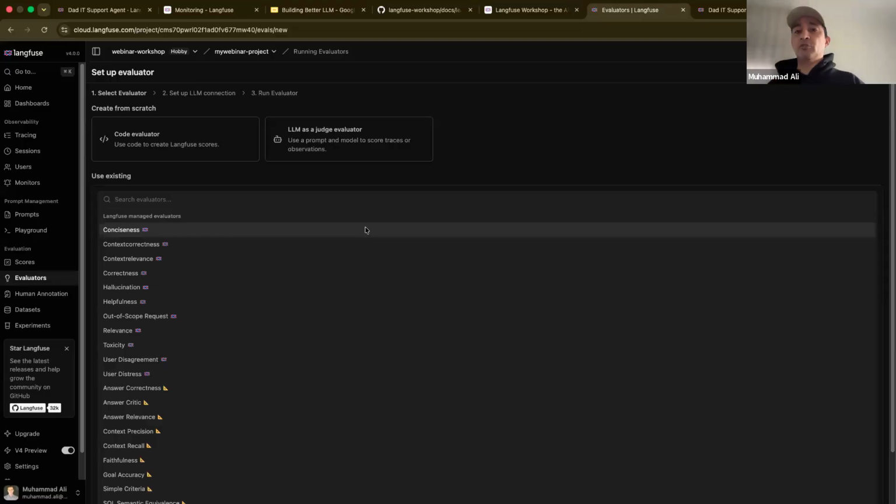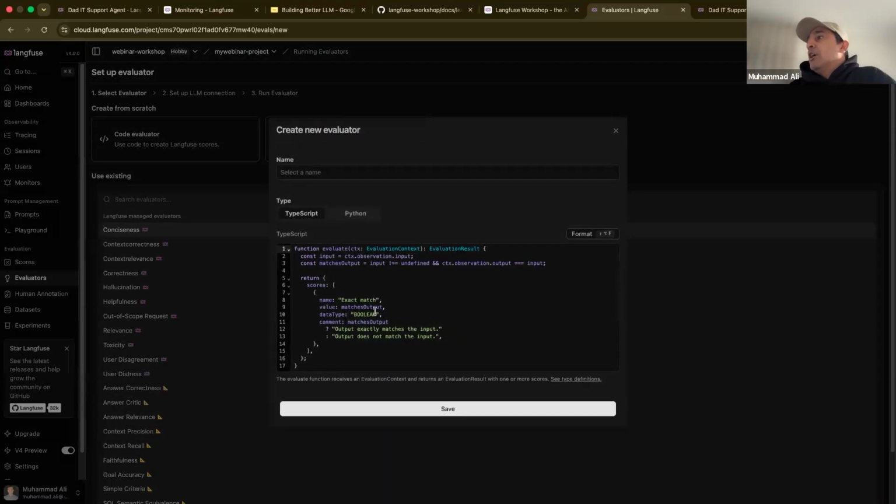So in online eval, you can run a code evaluator, which basically runs your code and scores your traces for something. You could add code in here and it will run every single time a trace comes in. We will call this code and the code needs to attach some score to this. And that's a deterministic sort of way of measuring things. So, for example, in our case, if everything is in caps, this doesn't need an LLM to know.